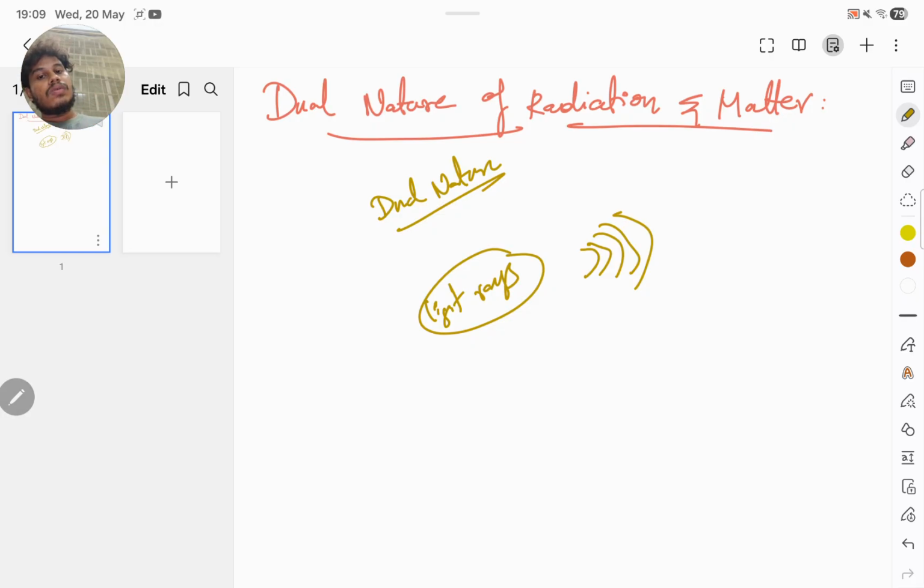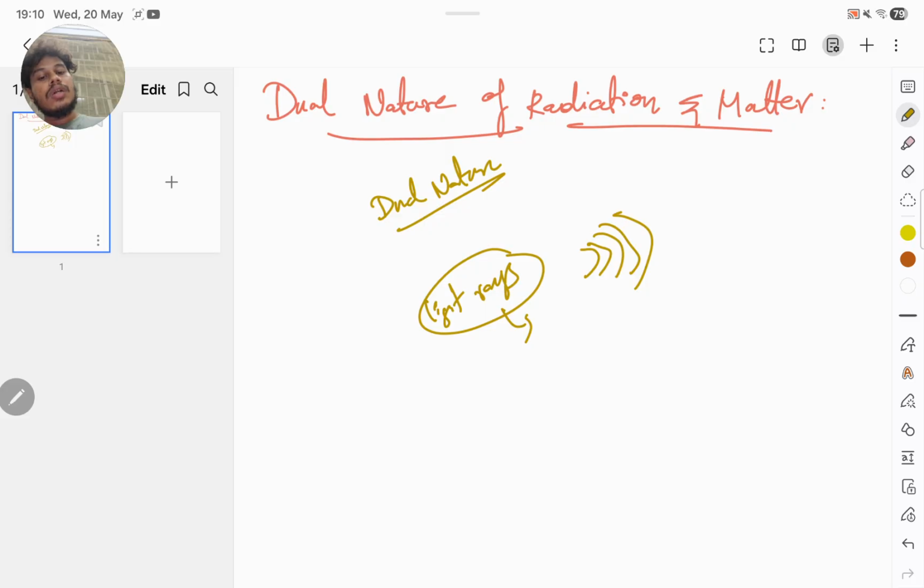But I'm saying light also has a particle nature. I'm saying light is also a particle, like I'm saying something new. How can I consider it a particle? It is massless, and I cannot see it somewhere. I just feel it, as the whole place is visible because of the light source, and I'm saying it is a particle. How come? We know it is massless, but how am I saying it is a particle? That is what we are going to discuss in the dual nature.